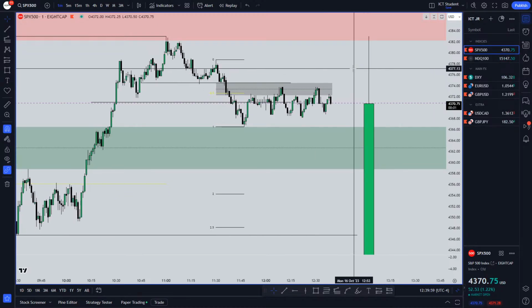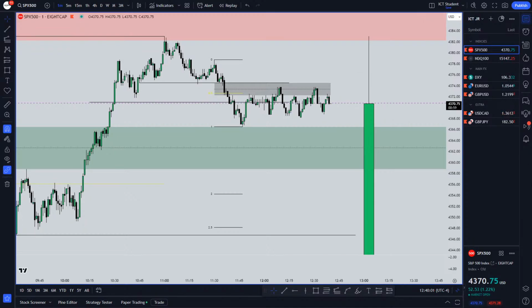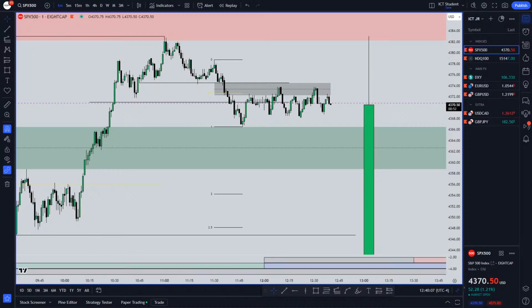We are inside lunch session though. Lunch session tends to be very slow, very boring, low pace, low volume, everything. It isn't very ideal to take a trade here, Mocha. So I'm just waiting for these candles to print, and waiting for the time element of the PM session to start up.